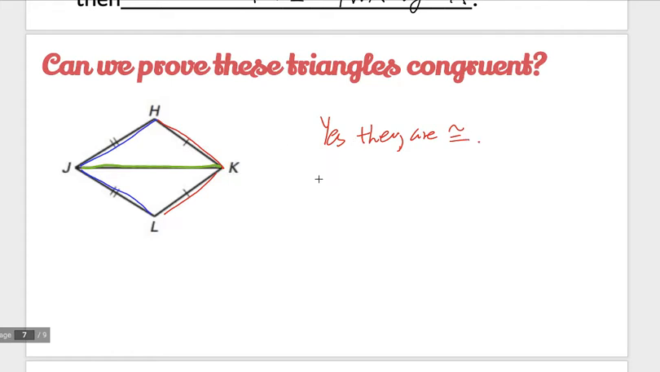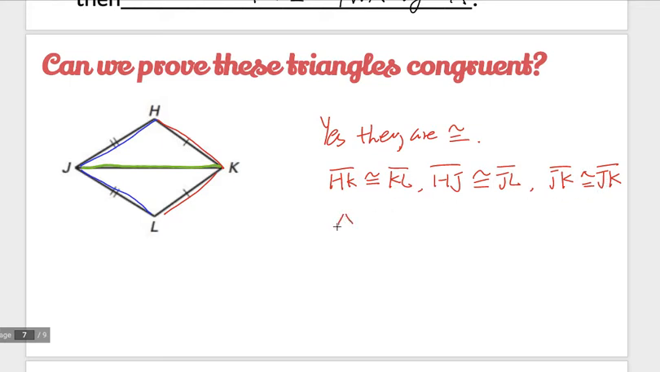And also we can create a congruent statement. Let's write down all the evidence we have. So we have HK congruent to KL. We also have HJ congruent to JL. We also have the one in the middle, JK. Some student might argue JK is congruent to what? Yes, it's congruent to itself, so it's JK. So that's why triangle